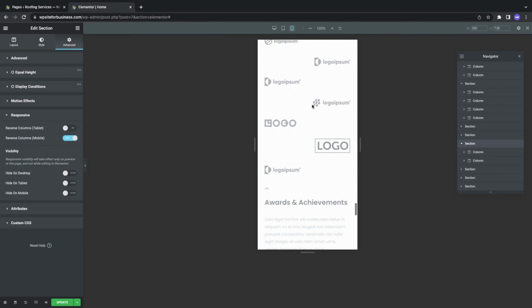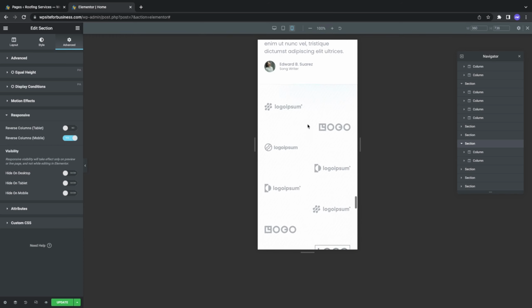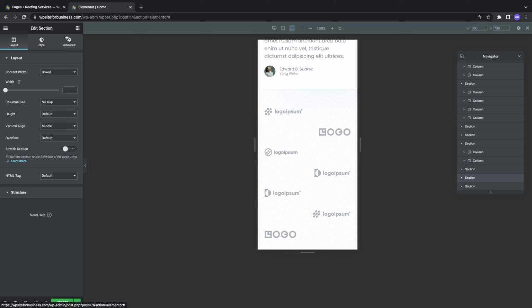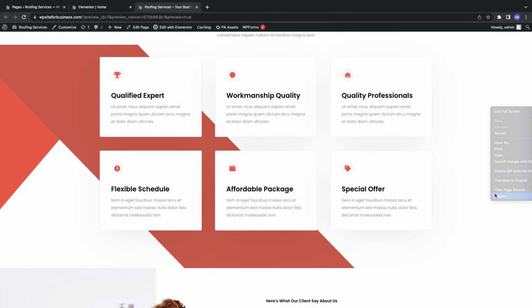Let's scroll down to check what else we want to make responsive. Let's suppose you want to show this section for the mobile mode and not for the desktop mode. So we will go to the setting for this section, go to advanced and click on responsive. As we know from the previous lecture, we hide this section for all the devices. So we will simply unhide this for the mobile users. We will simply click on update, and now if we refresh our website, we cannot see this section for the desktop. But if we go to the mobile mode of the website,